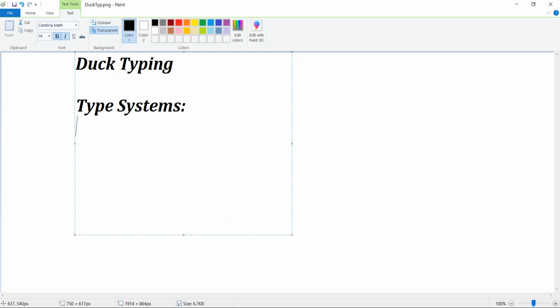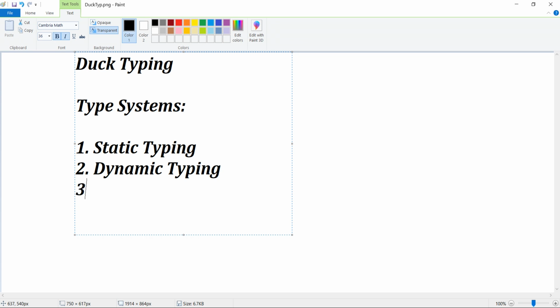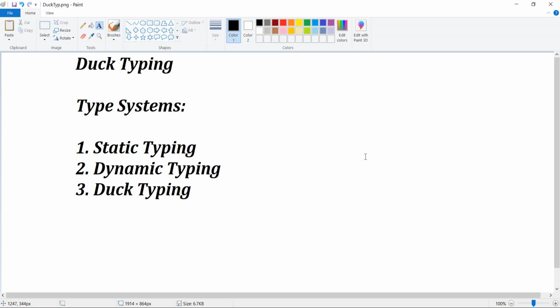Let's classify type systems. Type systems are classified in three types. First is static typing, then you have dynamic typing, and then you have duck typing. First and foremost, let me give some examples.